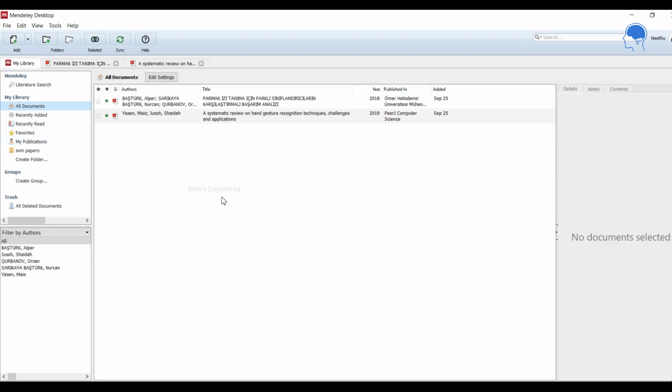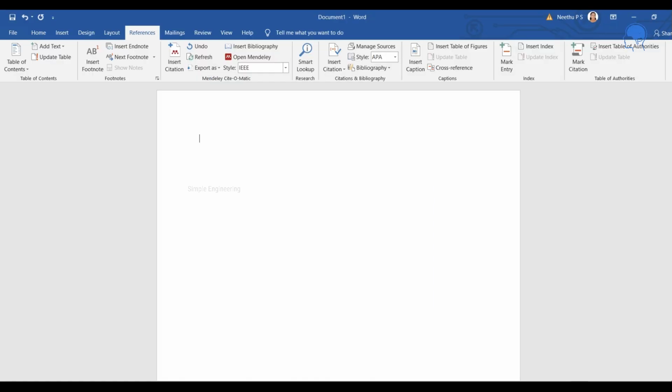Then I will show you how to write the journal paper with the help of Mendeley Desktop. You have to open a Word document. In the Word document, in the References tab, you can see these options. Once you have installed Mendeley Desktop, you will get these details over here: insert citation, open Mendeley, and the style which you are using.